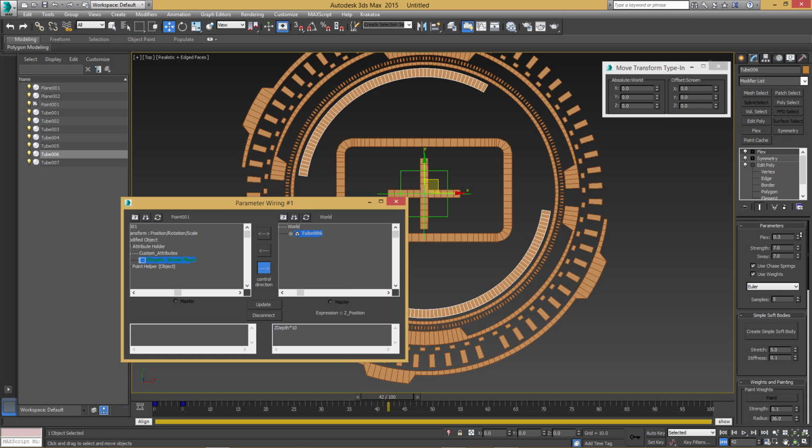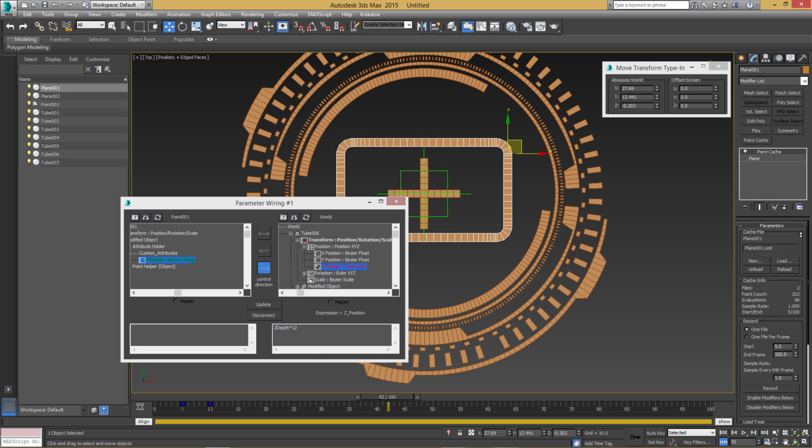This one, Z position, play with 12, and connect. This one, transform, position, yeah, for this one here I need to add the